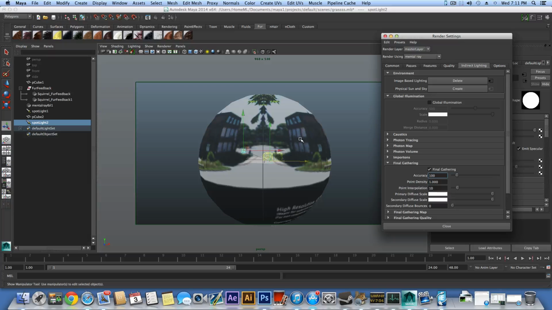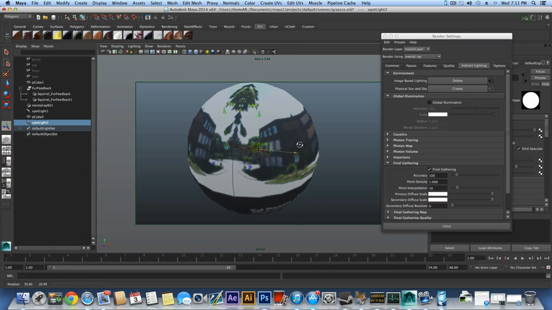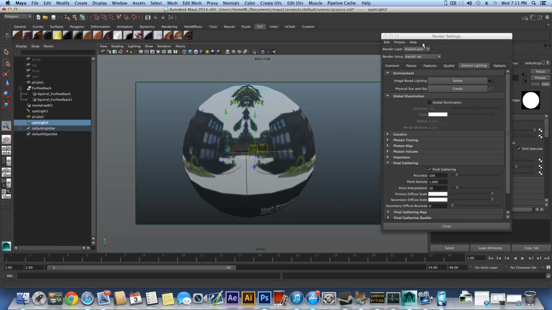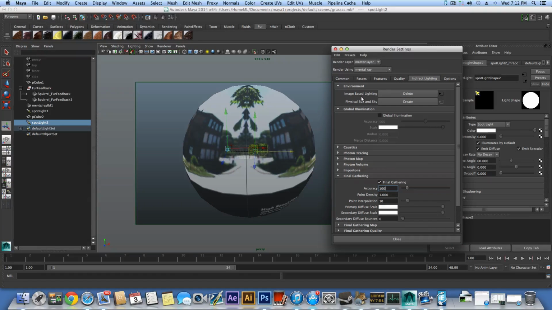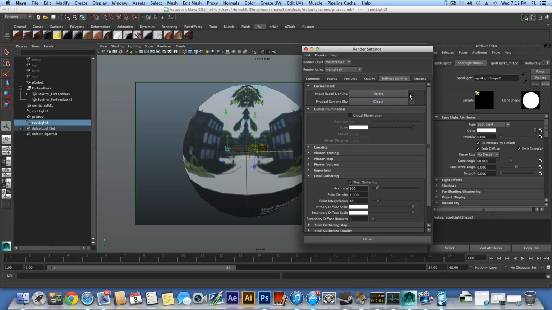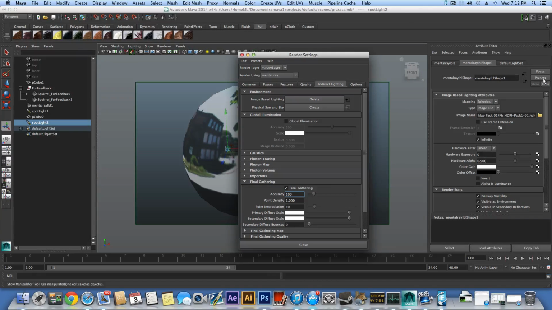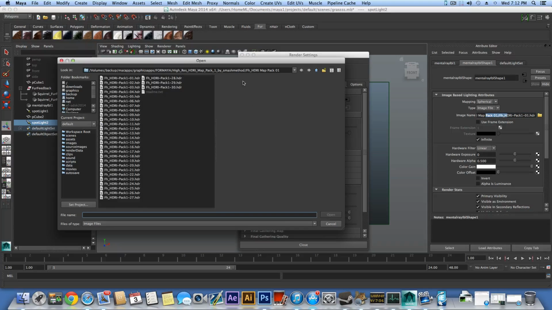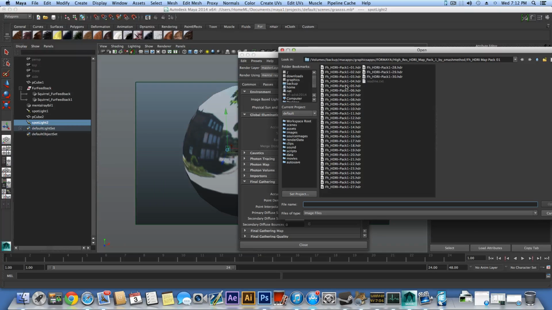I just provided you the link for this page, so you can first go through the page and click download, and then somewhat I'm sure everyone will be okay with that. After this you go over here, indirect lighting, and here where it says image based lighting, instead of delete you will see create. Click on create and you will immediately see this menu pop out, but here at the image name it will be blank. You click on this folder icon,